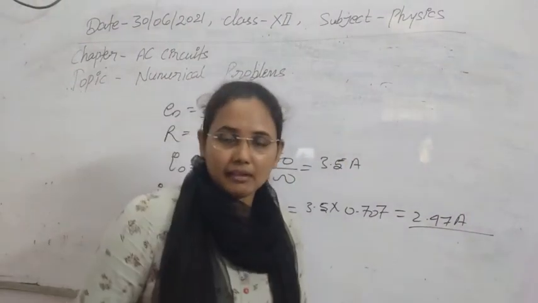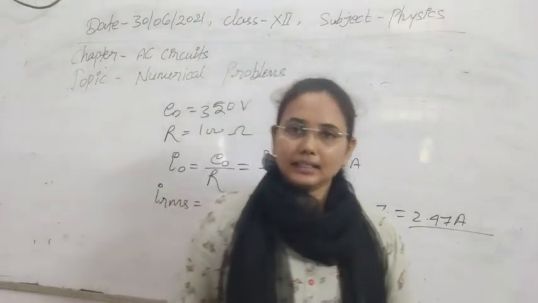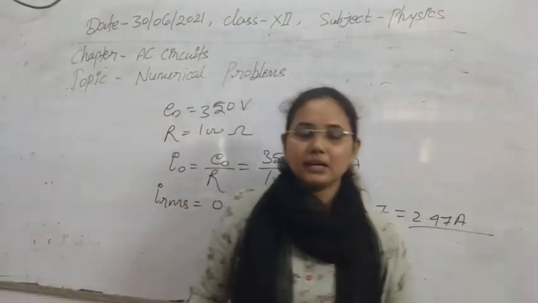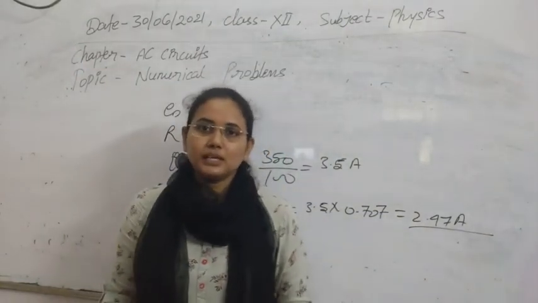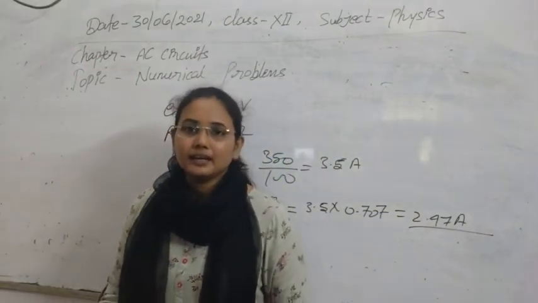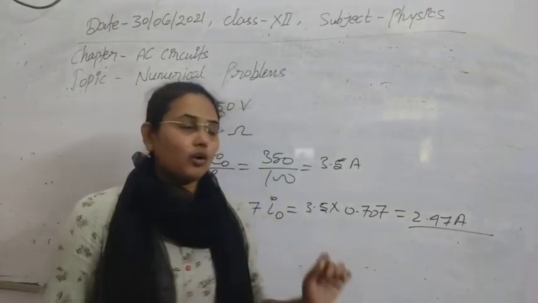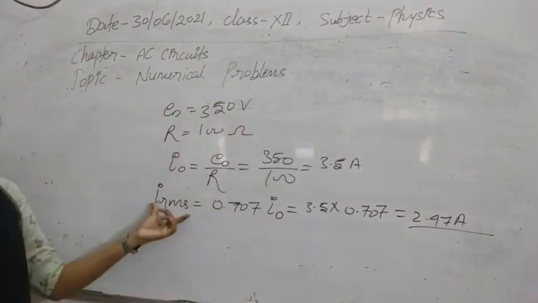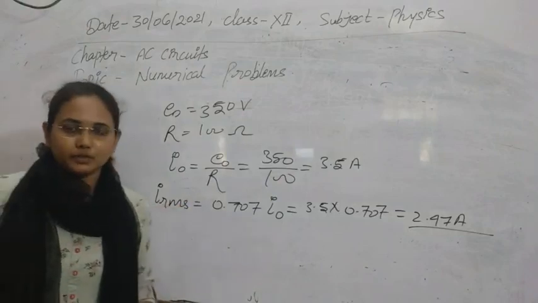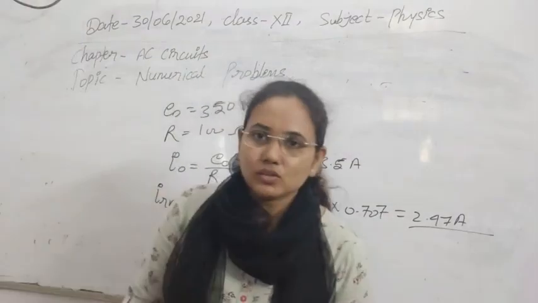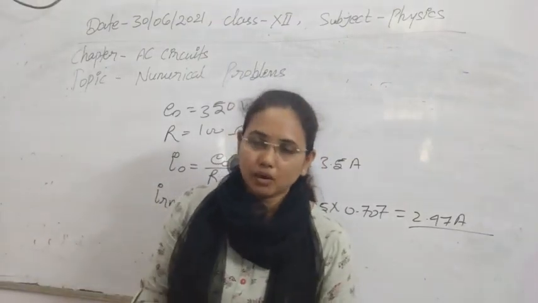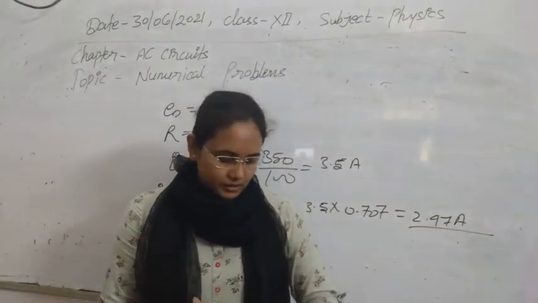Whenever we are using a galvanometer to detect current, it detects the maximum current of DC, but it is not used to measure alternating current and voltage. So for alternating quantities, we always use the RMS value of current and voltages. So this is a numerical problem based on the RMS value and mean value of alternating current and voltages.